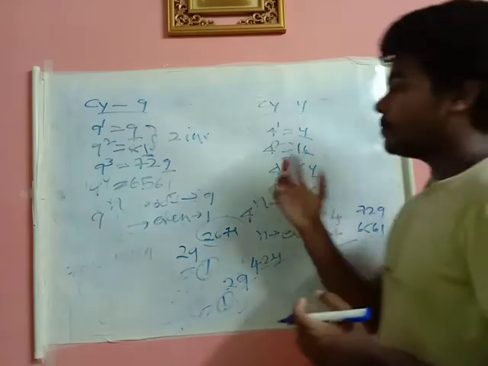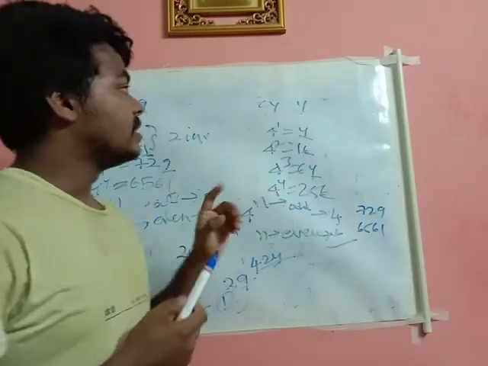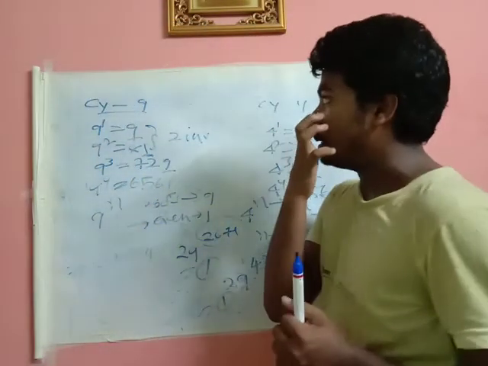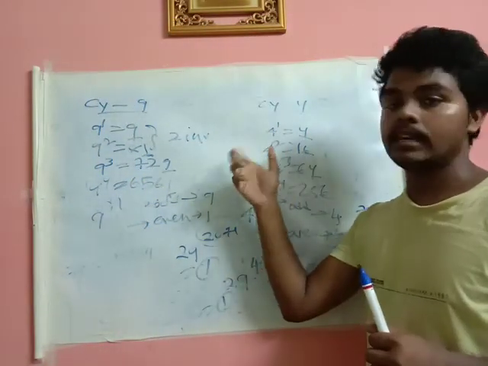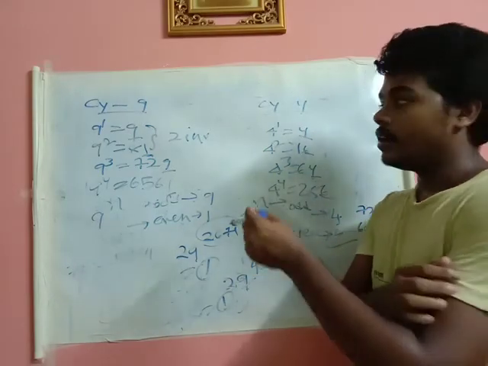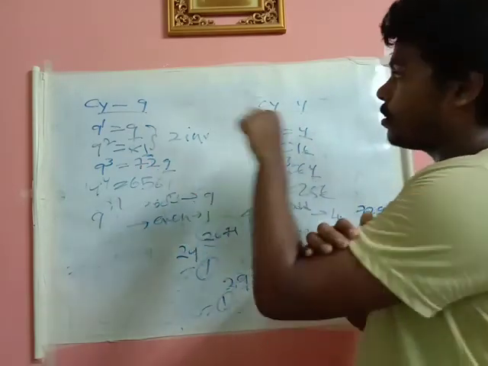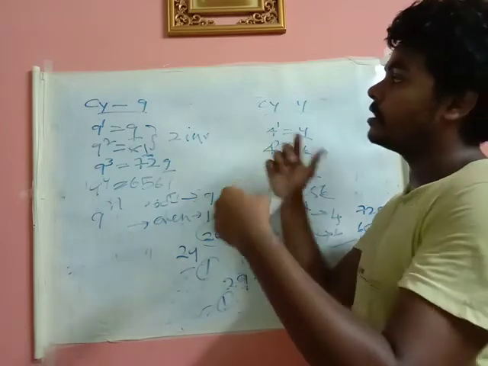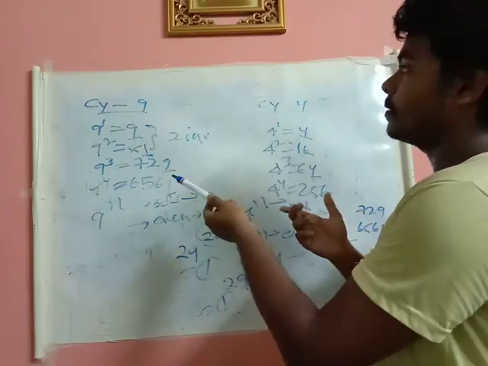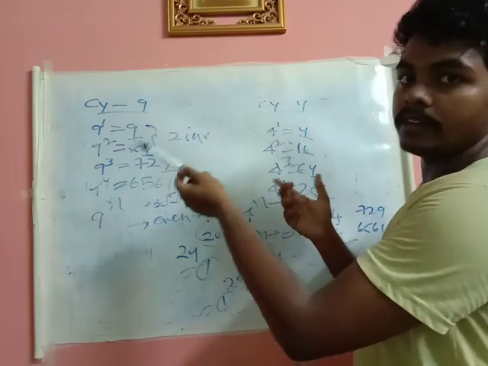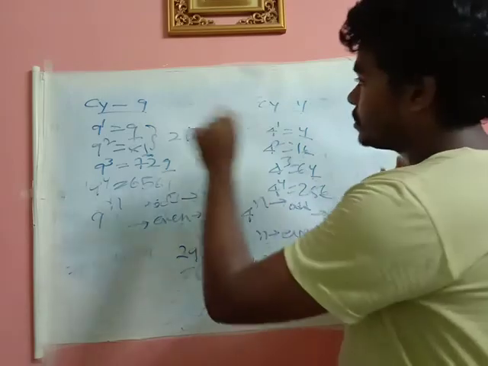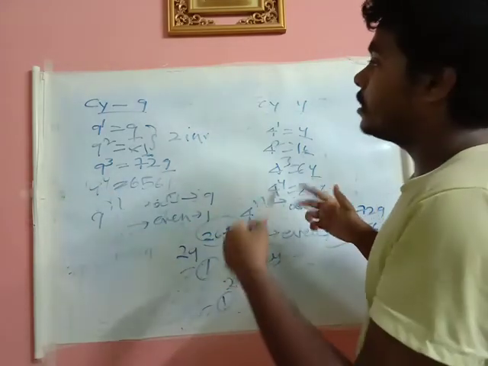Right? So all this comes under cyclicity, friends. In the next video, we'll be solving previous year questions like SSC CGL and some placement questions. We'll be dealing with all this. So you just revise all this. What I told initially, how to find the unit digit of 1 to 9, you just revise all these things. Then we'll be moving to the previous year problems.